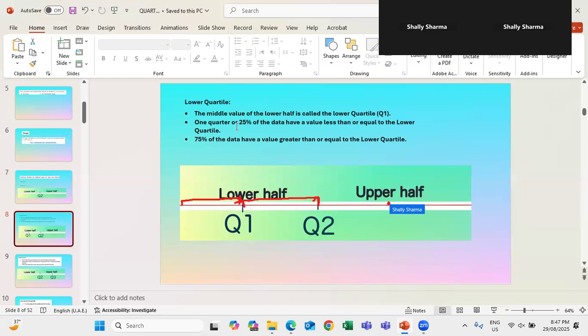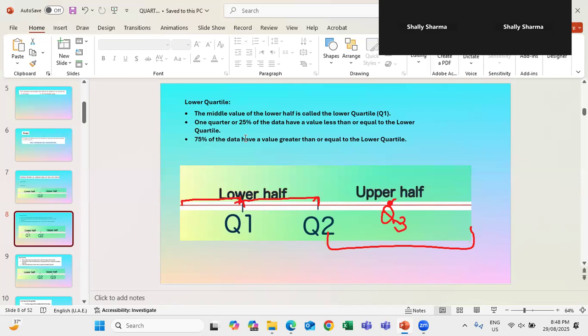In the same way, when we find the upper quartile, what is that? That is the middle value of the upper half, and this is shown by Q3. For now we are focusing on the lower quartile. The middle value of the lower half is called the lower quartile. 1/4, or 25% of the data, has a value less than or equal to this